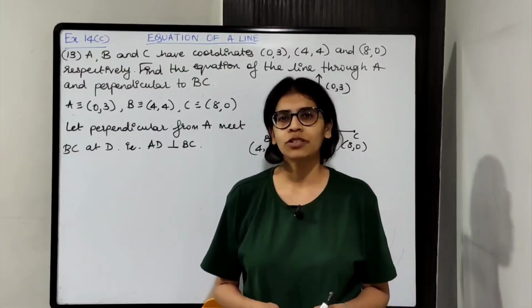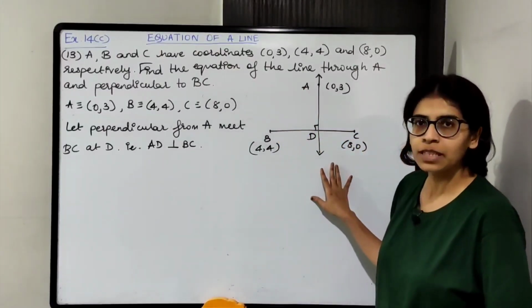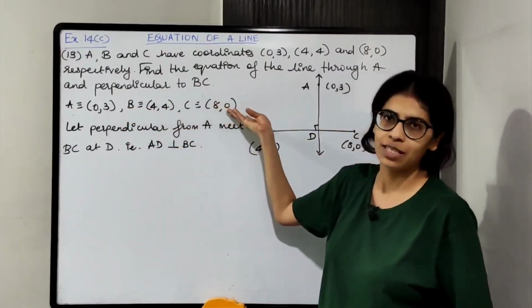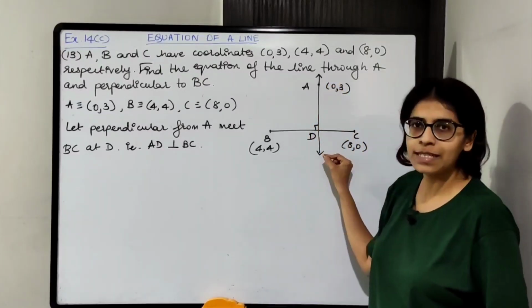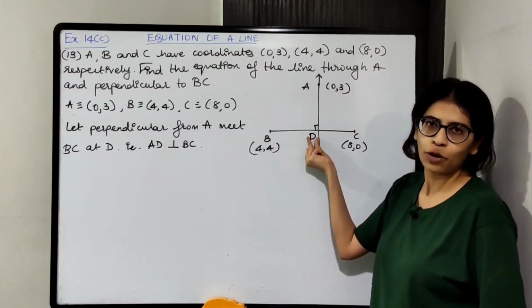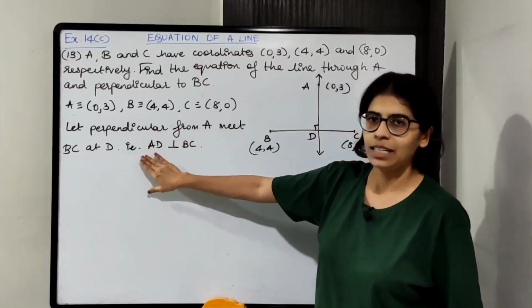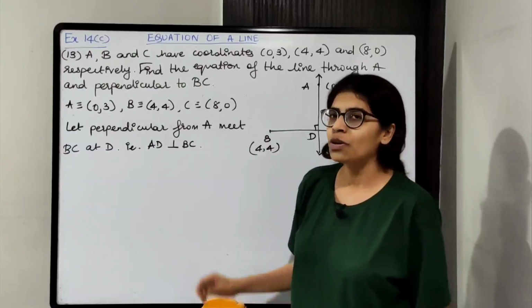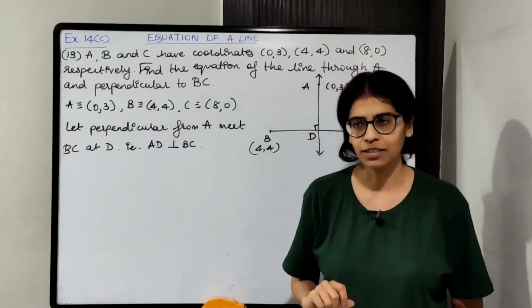Okay. Draw the figure for reference, students. It will be easy for you to understand. So draw the figure. After that, write down all the given information, that is the coordinates of A, B and C. This is the only given information. Now perpendicular is meeting BC at D. Okay, we have assumed it to meet at point D. So let perpendicular from A meet BC at D, that is AD is perpendicular to BC. ठीक है? So now we need to find out BC का slope. पहले BC का slope find out करते हैं.